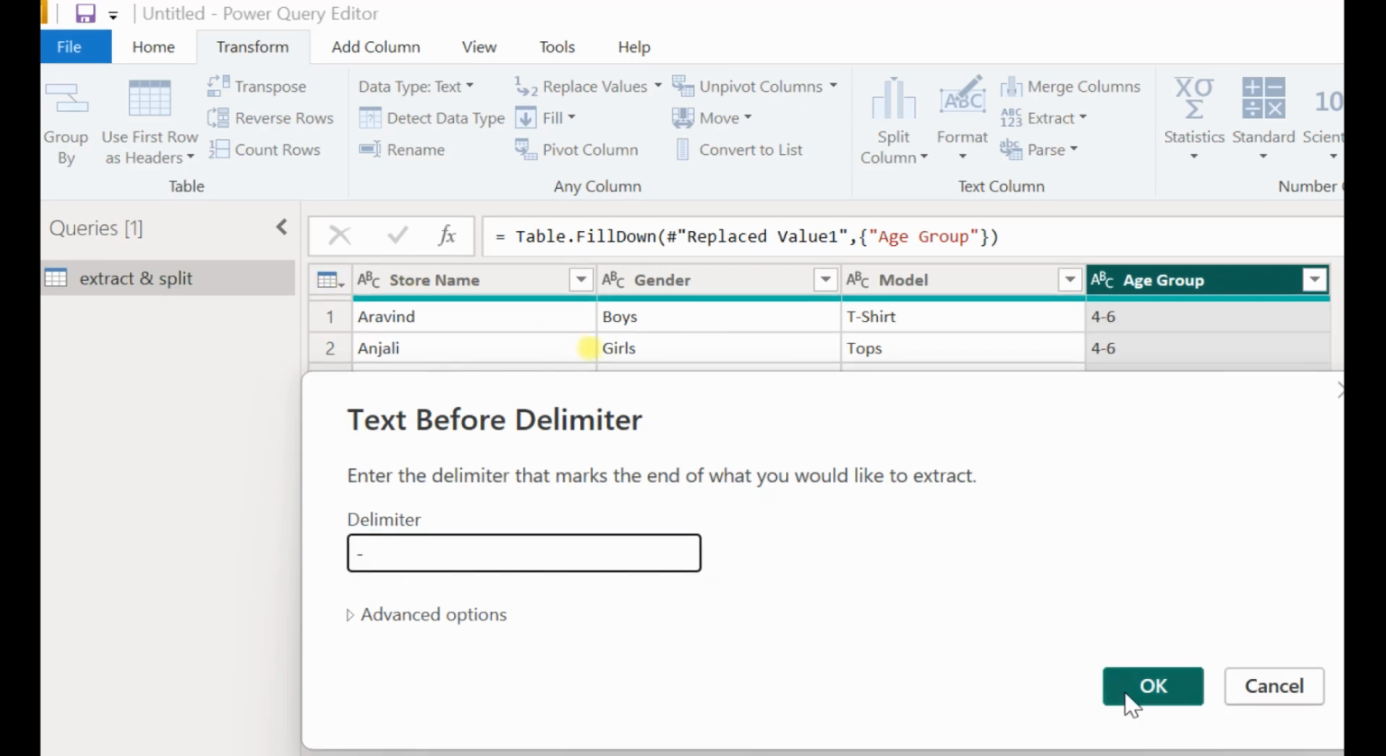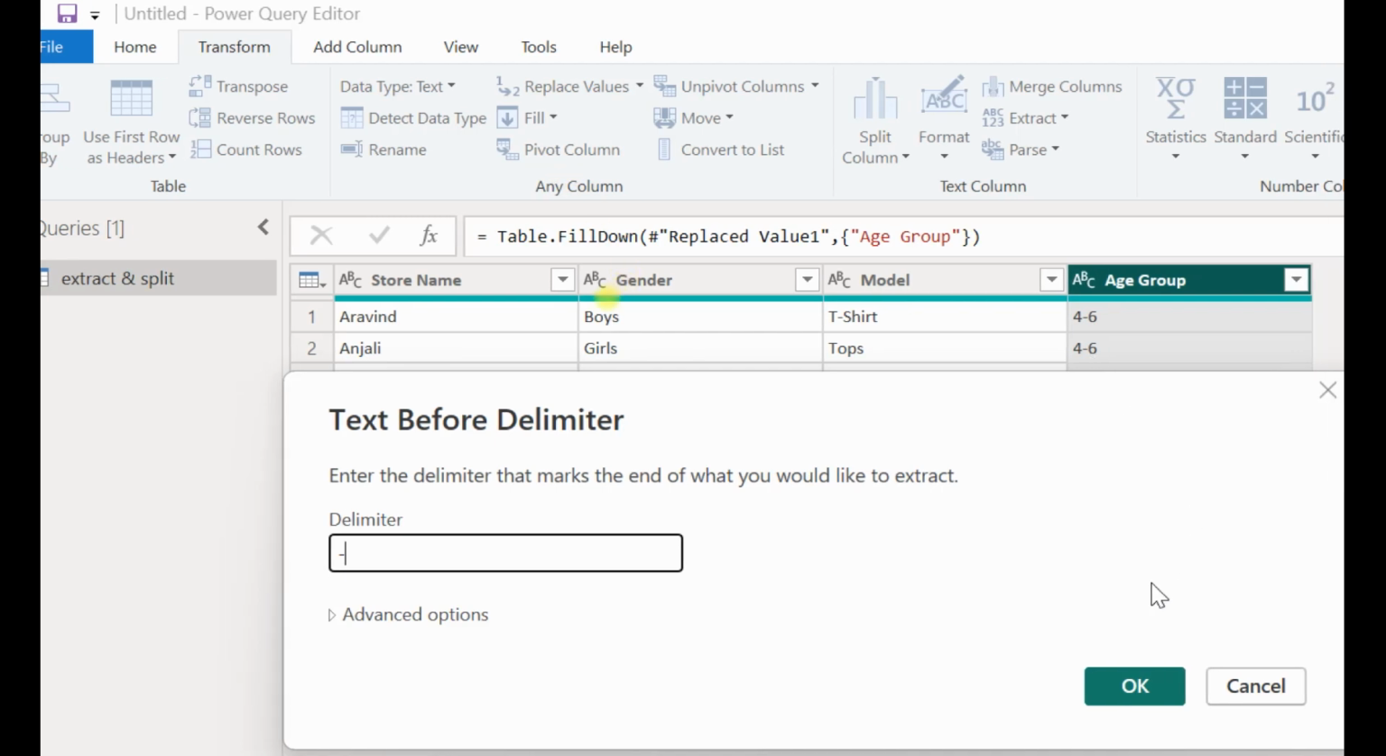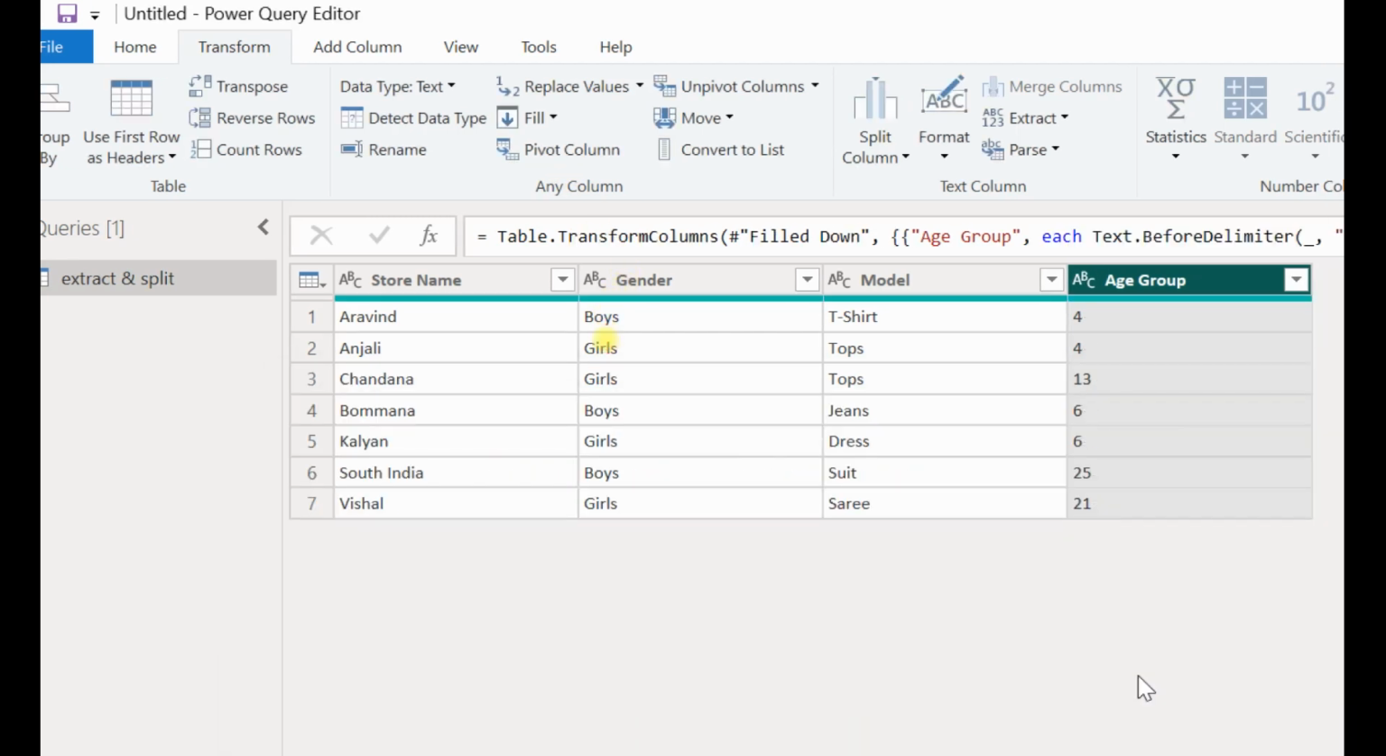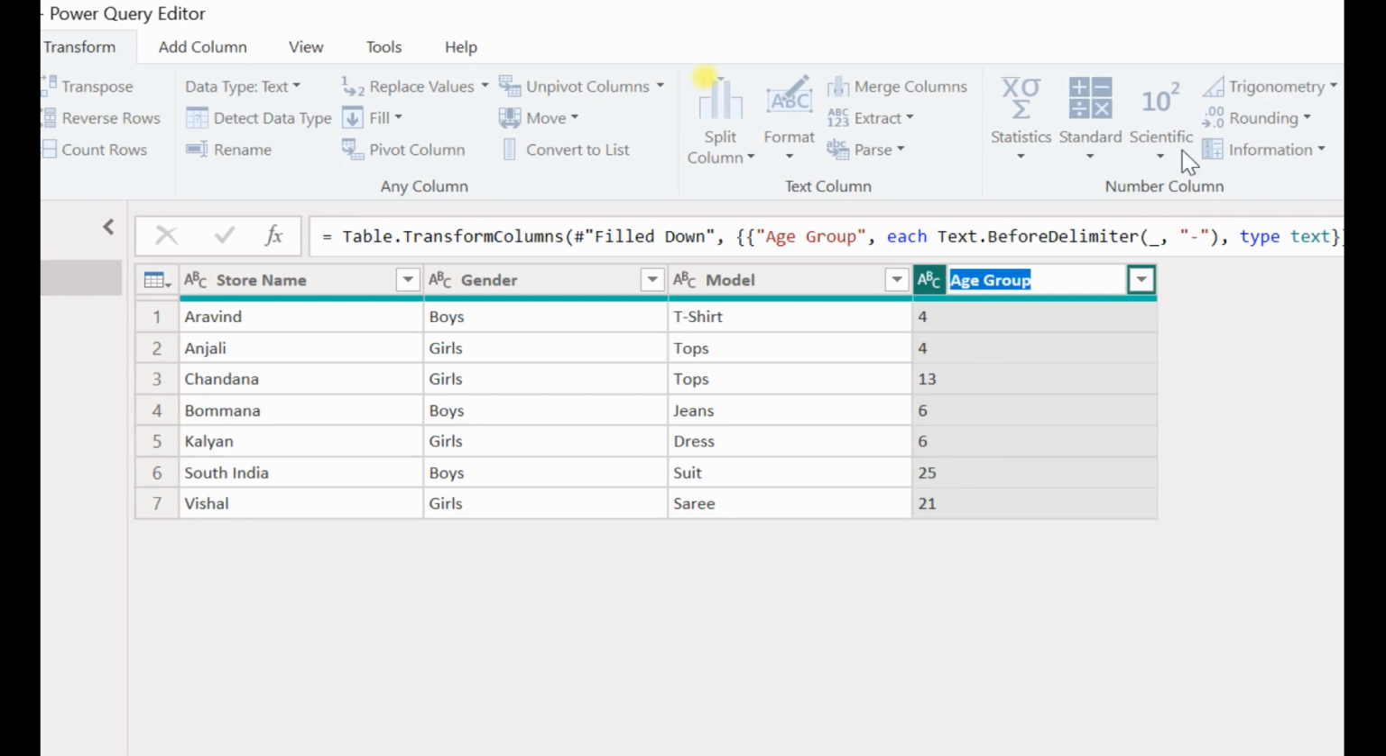So when I click OK, delimiter means point of separation, a separation entity between two values. It can be a hyphen, it can be a comma, it can be a space, it can be a full stop, it can be anything. So in this case, the delimiter is a hyphen. So when I click OK, as you can see, it has text before delimiter. All the minimum age group is divided here. I can